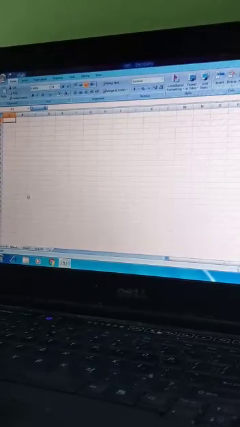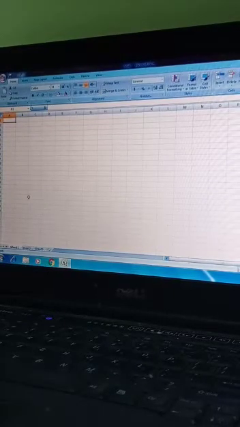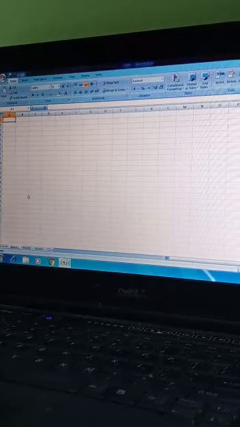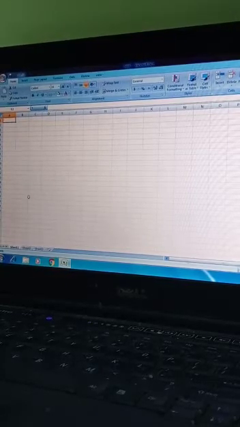If you see it, you can see a number of tables, some horizontal and some vertical columns. It means MS Excel is the intersection of rows and columns. Some rows are there like this, some columns are there. So we can say MS Excel is a collection or intersection of rows and columns, and a number of tables we can find in it. As I said, we can calculate in MS Excel. I will show you how we will perform any calculation.